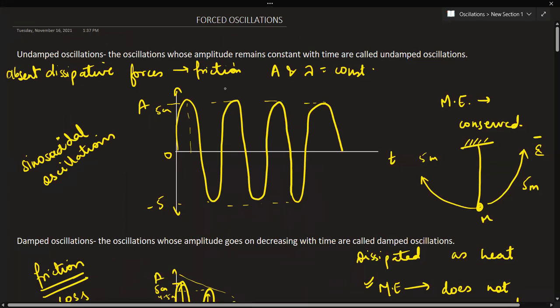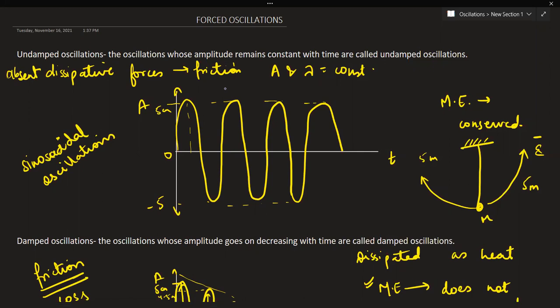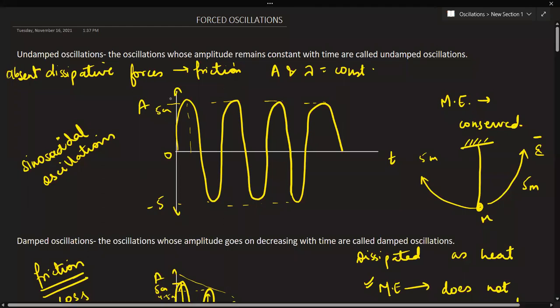Now see, if there are no dissipative forces present in nature, dissipative forces like forces of friction, which release the energy in the form of heat, friction is a very good example of a dissipative force. Then the amplitude will remain constant. There won't be any variation in the value of amplitude. Like if I say this first wave is having an amplitude of 5 centimeter from this side and minus 5